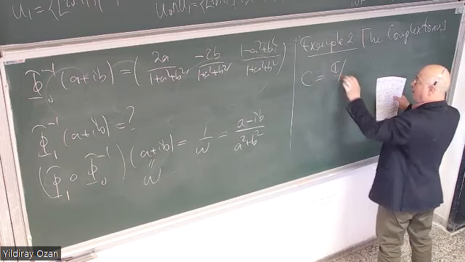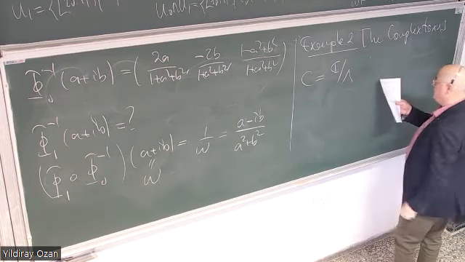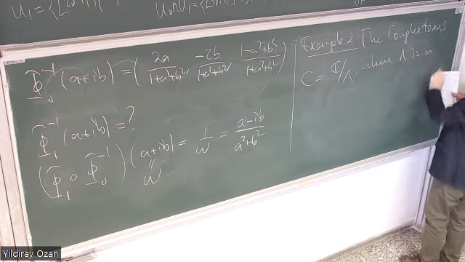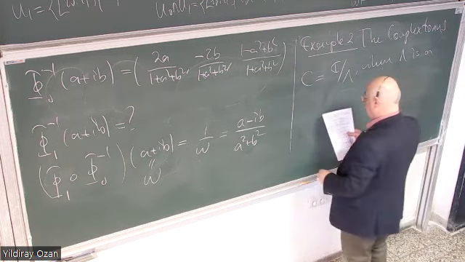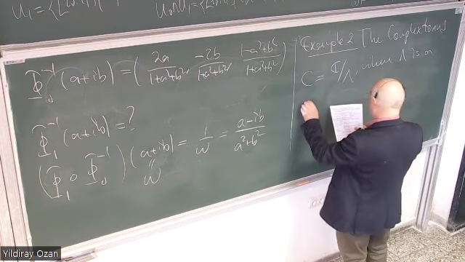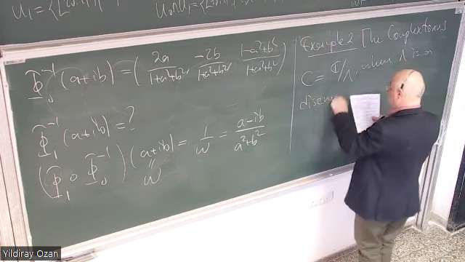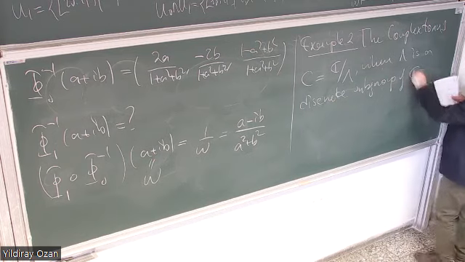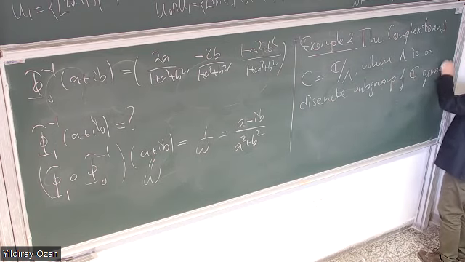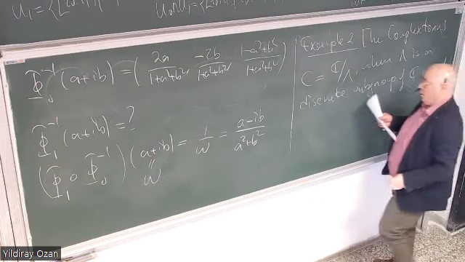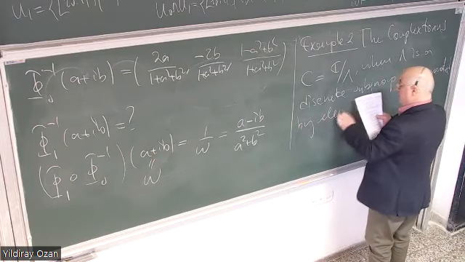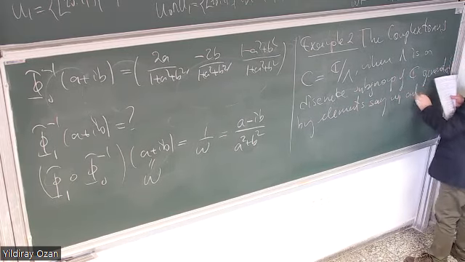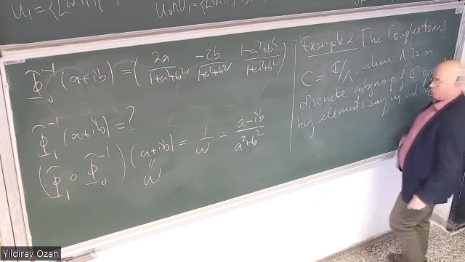It is defined by a quotient space, C over Lambda, where this Lambda is a discrete subgroup of C generated by elements, say W1 and W2, so that